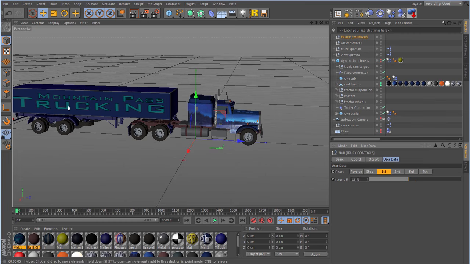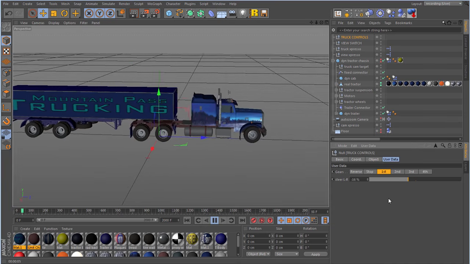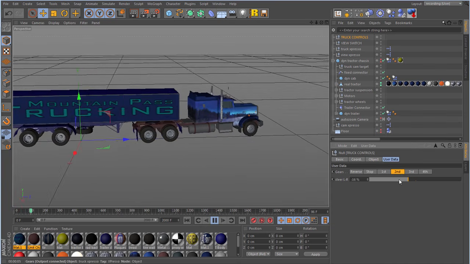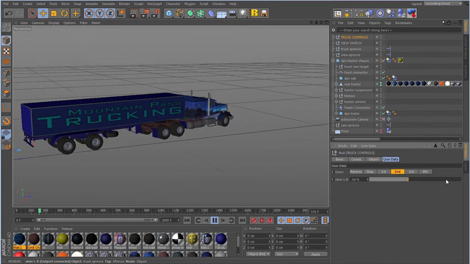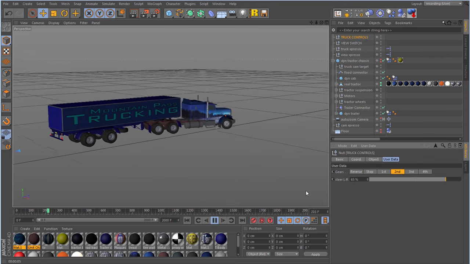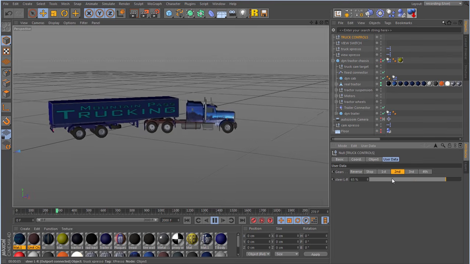Now the trailers, usually when you go to any site, the trailers are usually a separate piece of download. So you get the tractor unit and you get the trailer, then you've got to put them together yourself. But like I said, this is a free model, but it's not bad for nothing. So let's just hit play. And here we go. Now these big rigs, they're a load of fun to drive and to animate around. Just drive them around your viewport. You can have hours of fun just driving these fellas around.